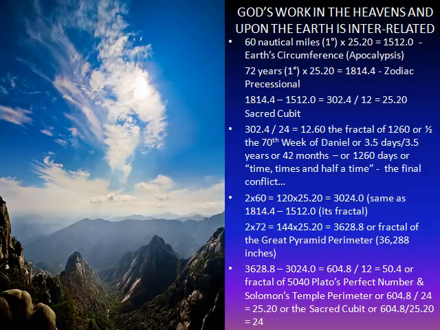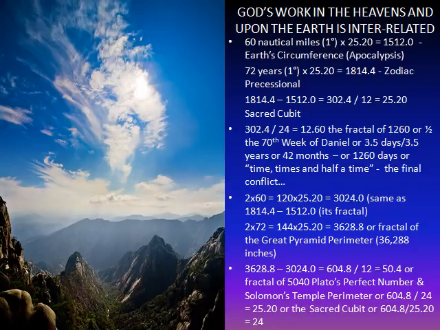Now, taking 2 times the 72 years, equaling 144 years, which is the number of the New Jerusalem in the heavens, times the number of the sacred cubit of 25.20 will equal 3628.8, which is a fractal of the perimeter of the Great Pyramid in inches, that is 36,288 inches. Now, taking this number and difference that we've doubled, 3628.8 minus 3024.0, it will equal